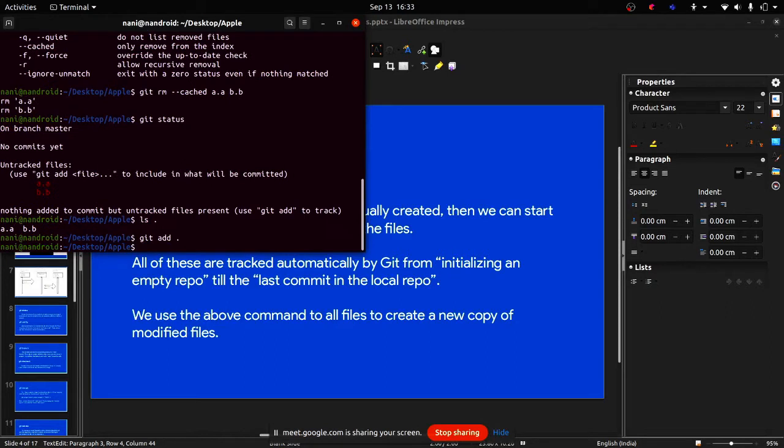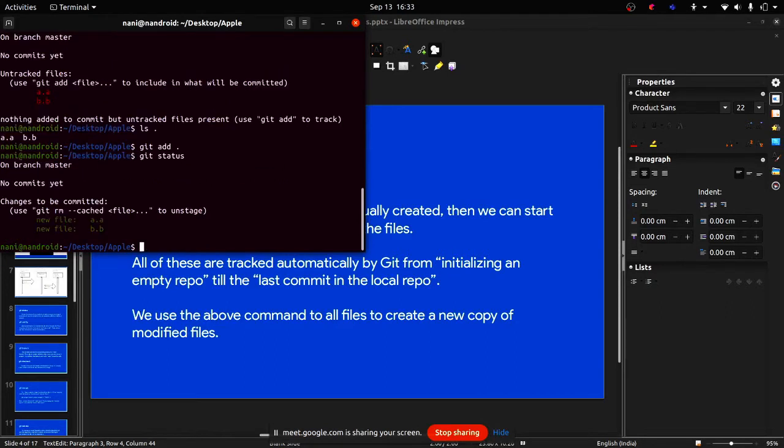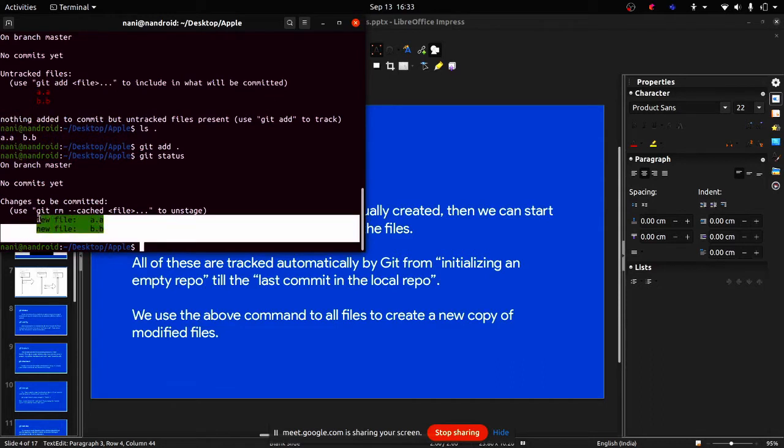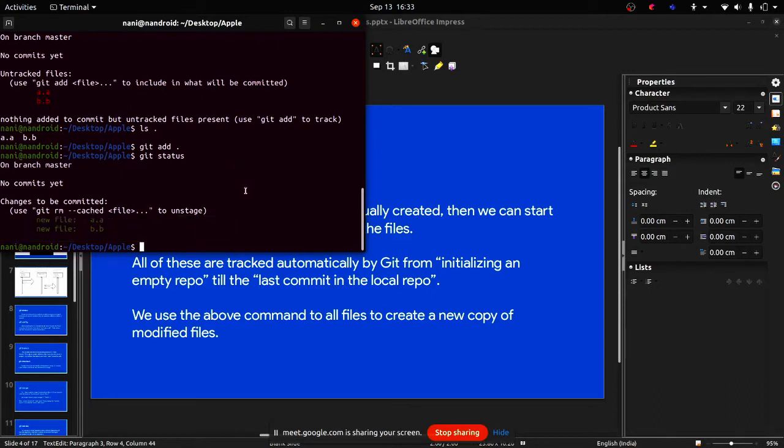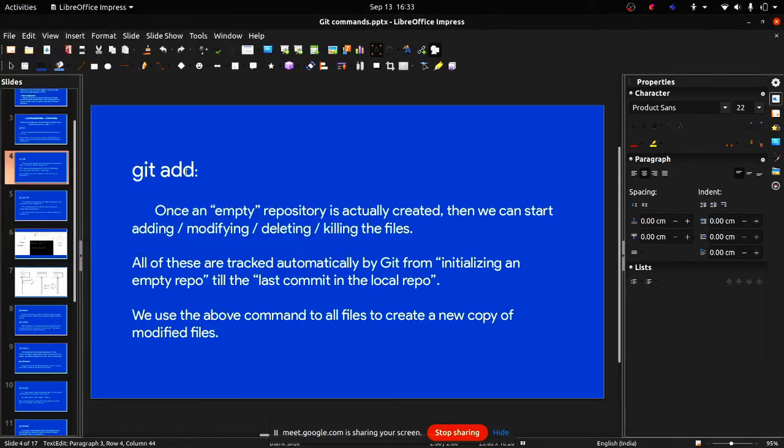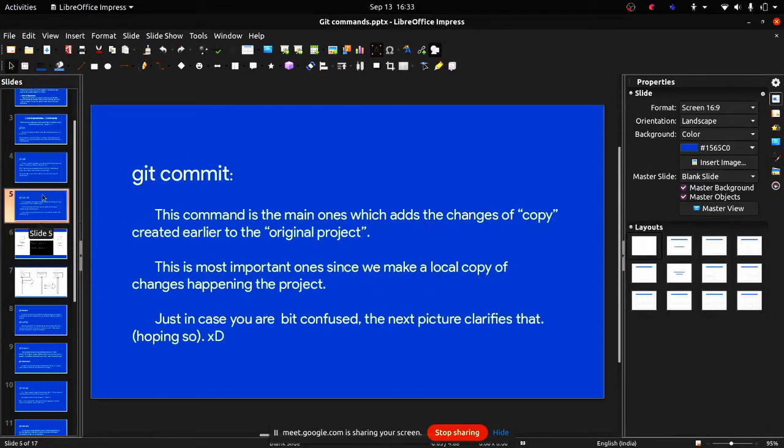So when I do this command and check the status using the git status command, see, both the files are added. You can add in the same way, git add a.a, b.b, c.c, any file name with extension as well, or you can directly use git add dot, which adds all the files within that particular folder. For now we'll call it a repository. So you're clear with this command also, right? I hope so.